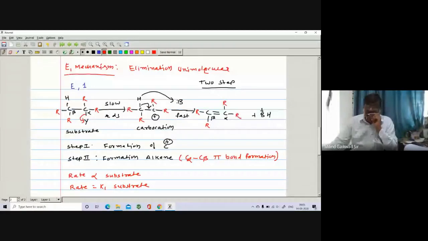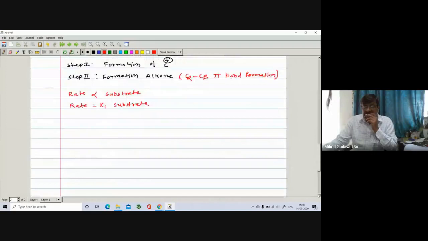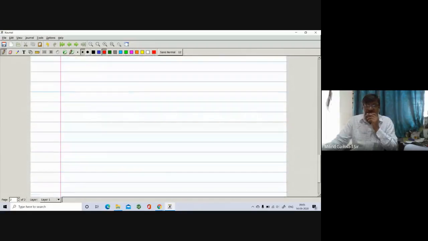Again, the required condition here is that there must be presence of a C beta H bond, meaning a beta hydrogen atom. So there is the removal of a beta hydrogen in the 1,2 elimination reaction. So this is the second mechanism, called the E1 mechanism, right? I think the second point is also clear, right? Now let us see the next mechanism.